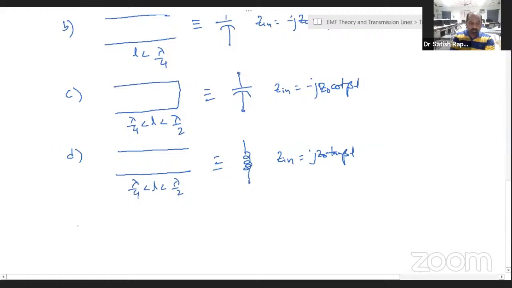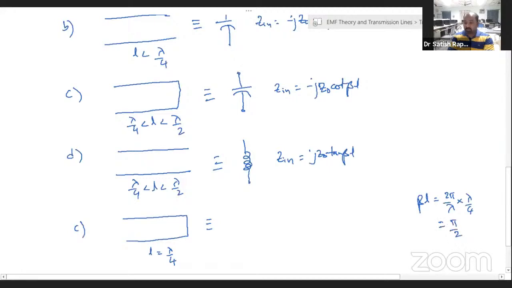And let us consider another case. For a short circuited transmission line, if L is equal to lambda by 4, L equal to lambda by 4 in the sense what? Beta L is equal to 2 pi by lambda into lambda by 4, and this is equal to pi by 2, right? So when beta L is exactly 90 degrees, what is the input impedance